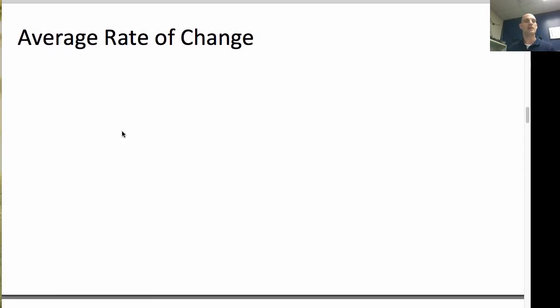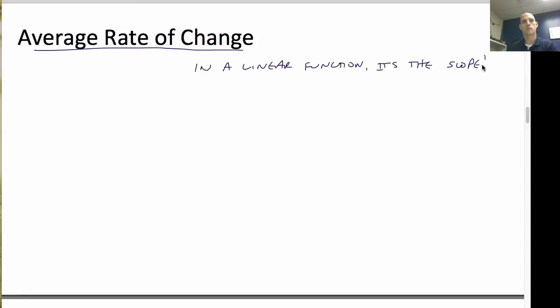Average rate of change. Now, as we get into some pre-calculus, we're talking about some pre-stuff, but algebra 2, algebra 1, that was kind of a mixture of algebra 1 and algebra 2. We're going to move into some calculus terms as well. Average rate of change is huge in calculus, okay? But average rate of change just means, in a linear function, it's the slope. The average rate of change is the slope, which represents our change in y over our change in x. Well, what does that mean? It means f of b minus f of a